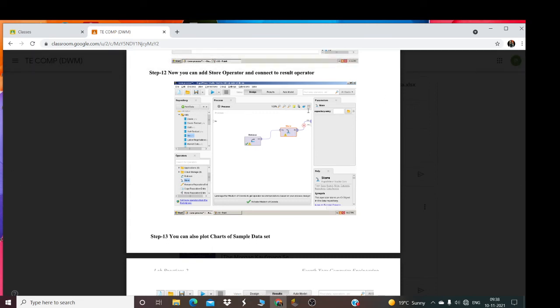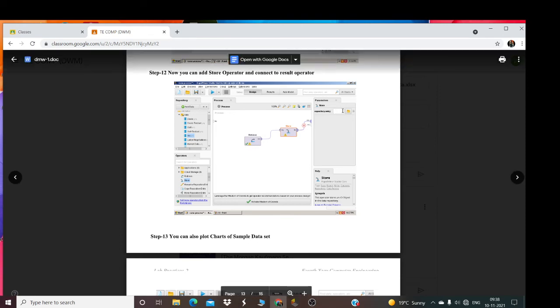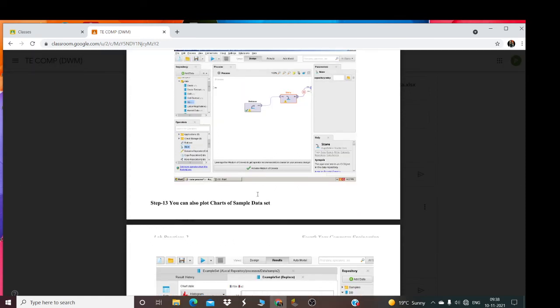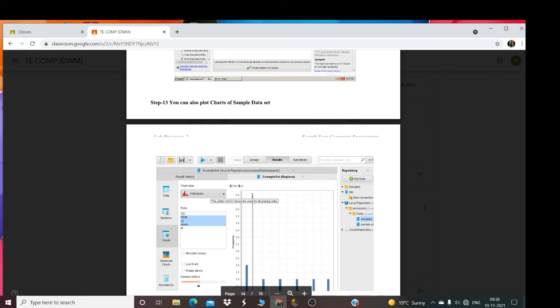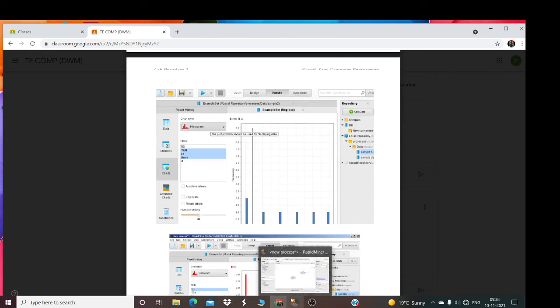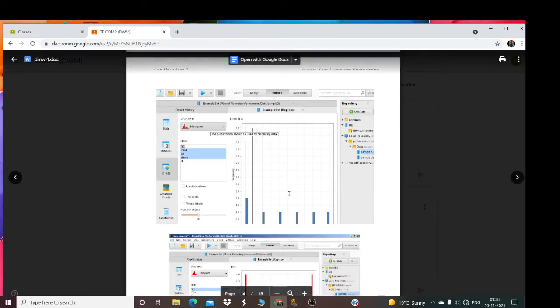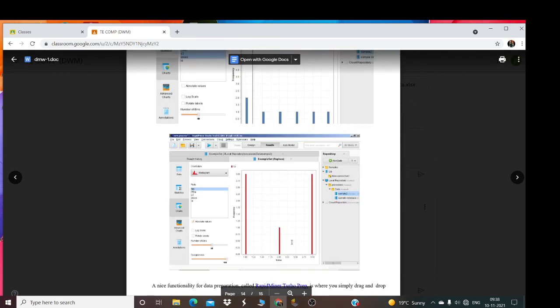So you have to write the parameter and select the repository entry, which means the file location. If you select it, the process is over and you can now plot charts: visualization charts, histogram chart, bar chart, etc. Whatever we want.